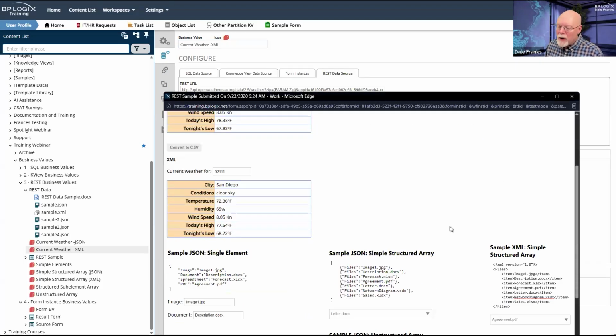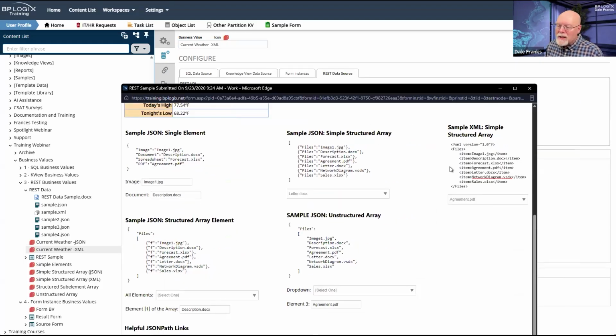So if we go back over here and we look at my simple structured array, the XPath to any of these items would be /files/item, and then I would need to provide the index for it. 0, 1, 2, 3, 4, 5, or 6, since there are 7 items there.